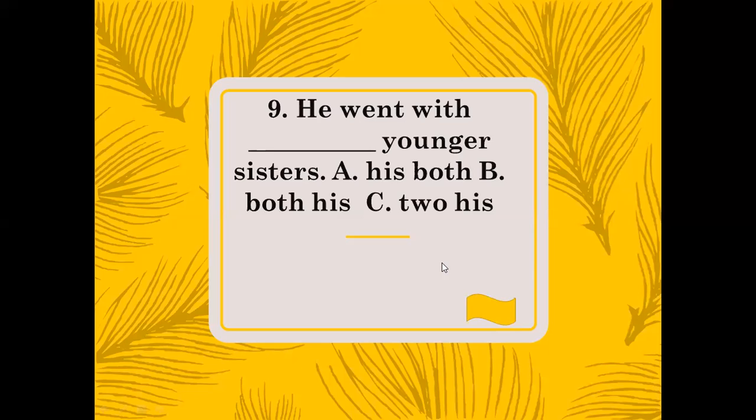This is for the girls. Two is. Let's see whether you are correct. No, you are wrong. The answer is both is younger sisters. No points to the girls. Now,